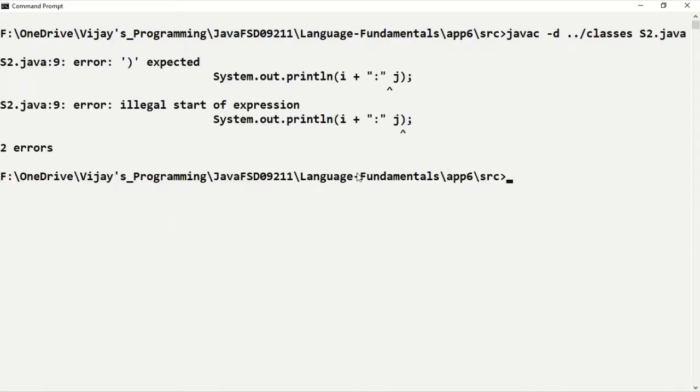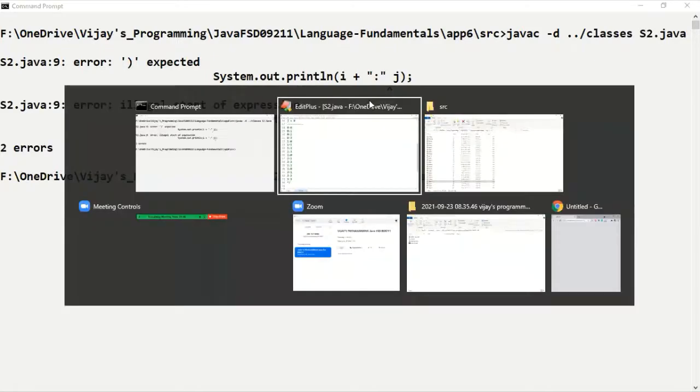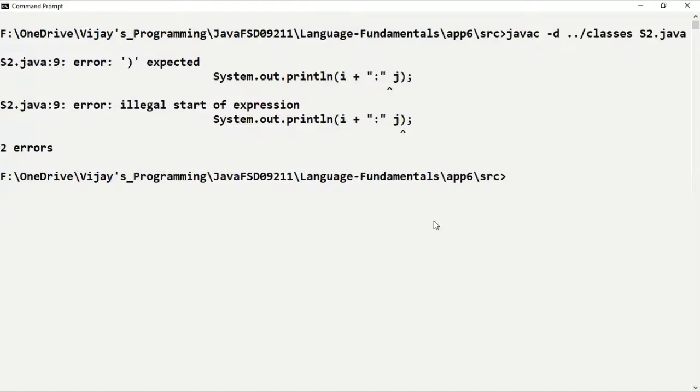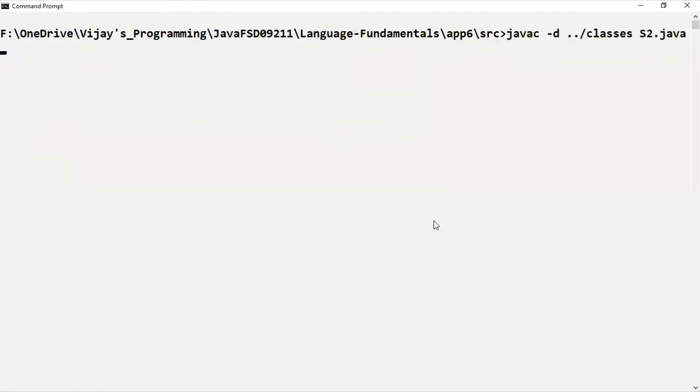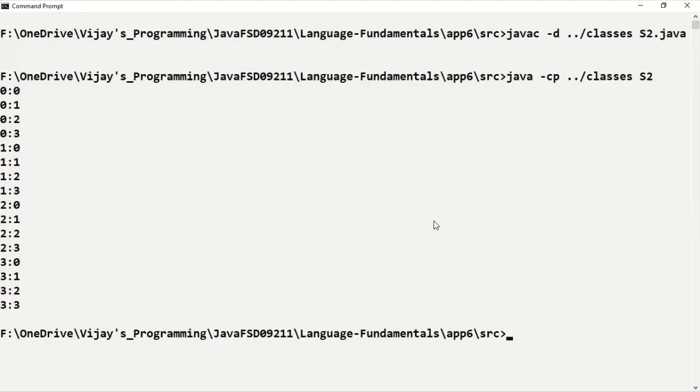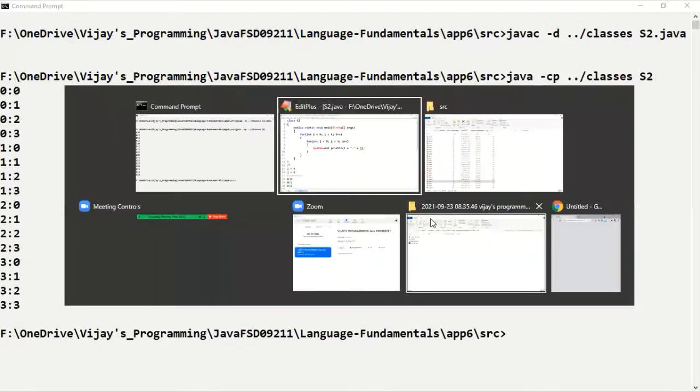Syntax error. We are missing the concatenation operator plus. That is why the syntax error. Now it is fine, syntactically proper. We need to run it and compare the output.